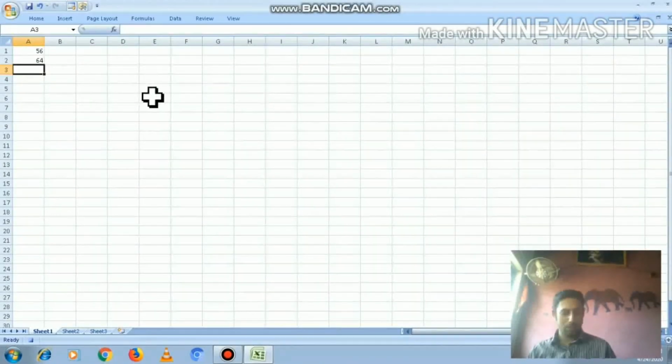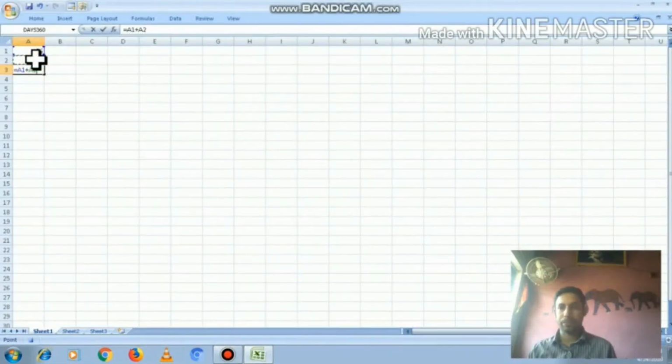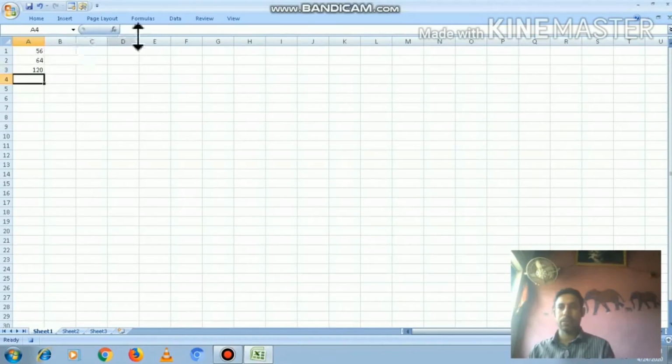Now the macro starts its recording and we have to now enter the formula in cell A3, and for this we have to type A3 is equal to A1 plus A2 and press the enter key.